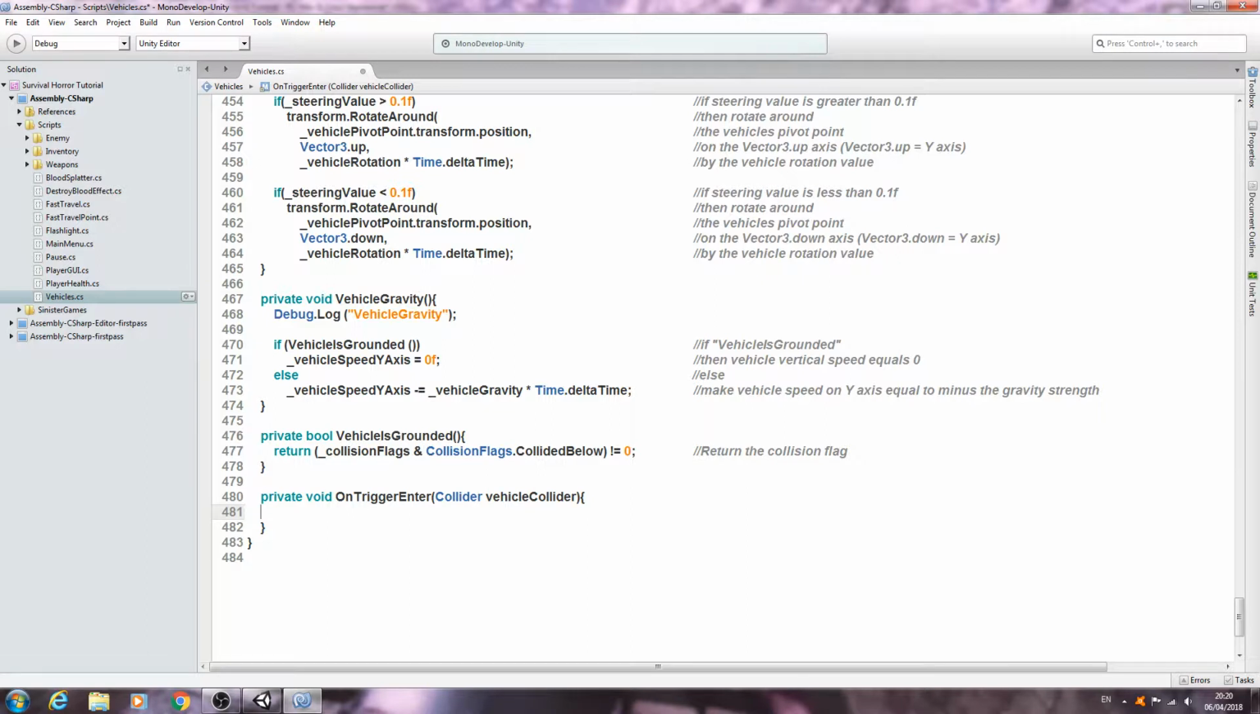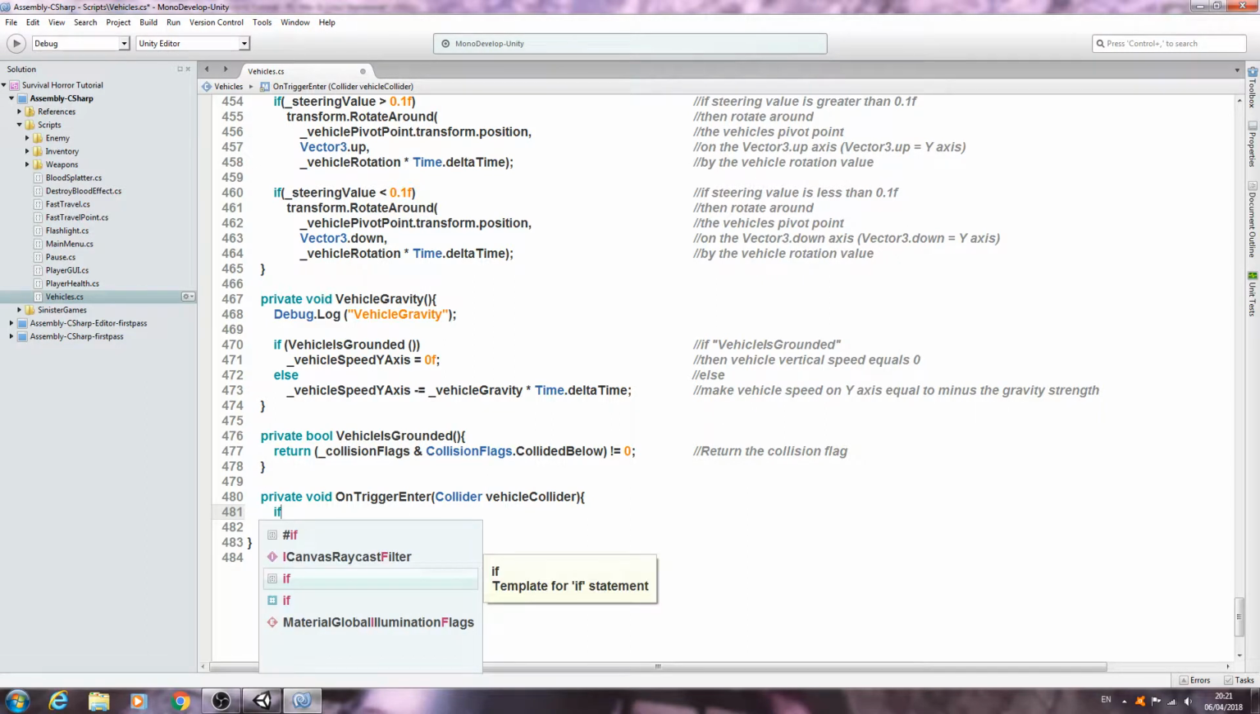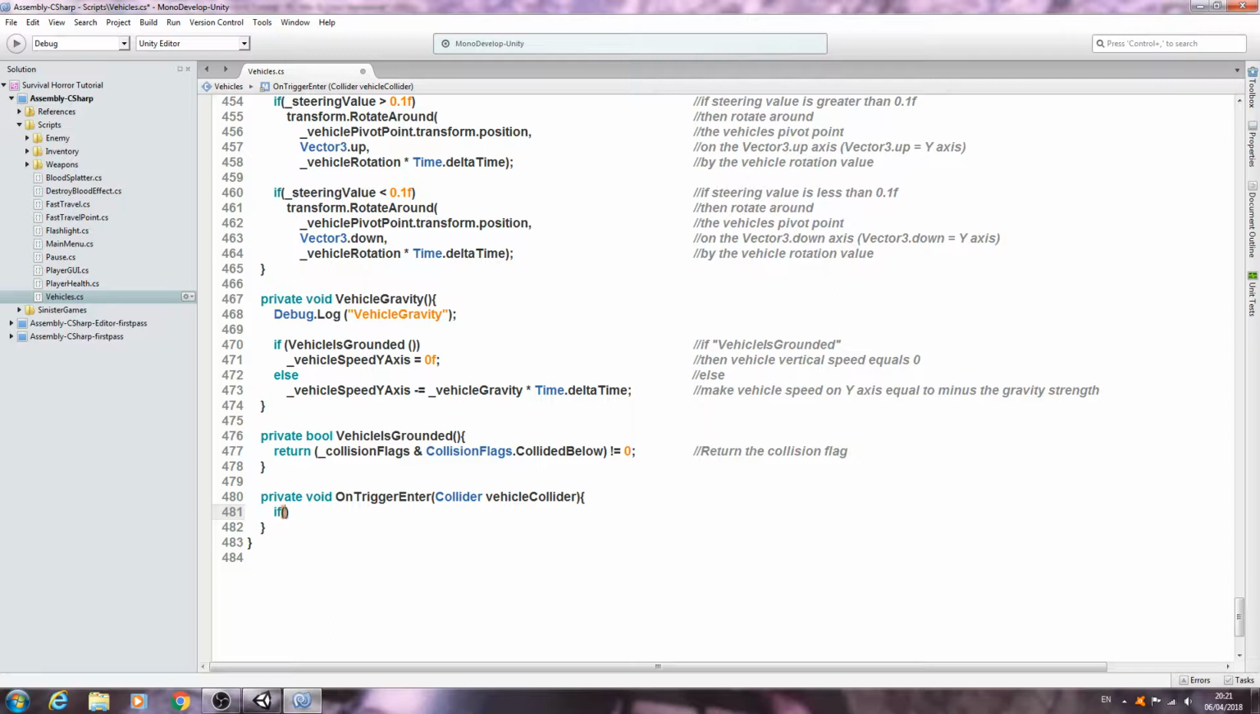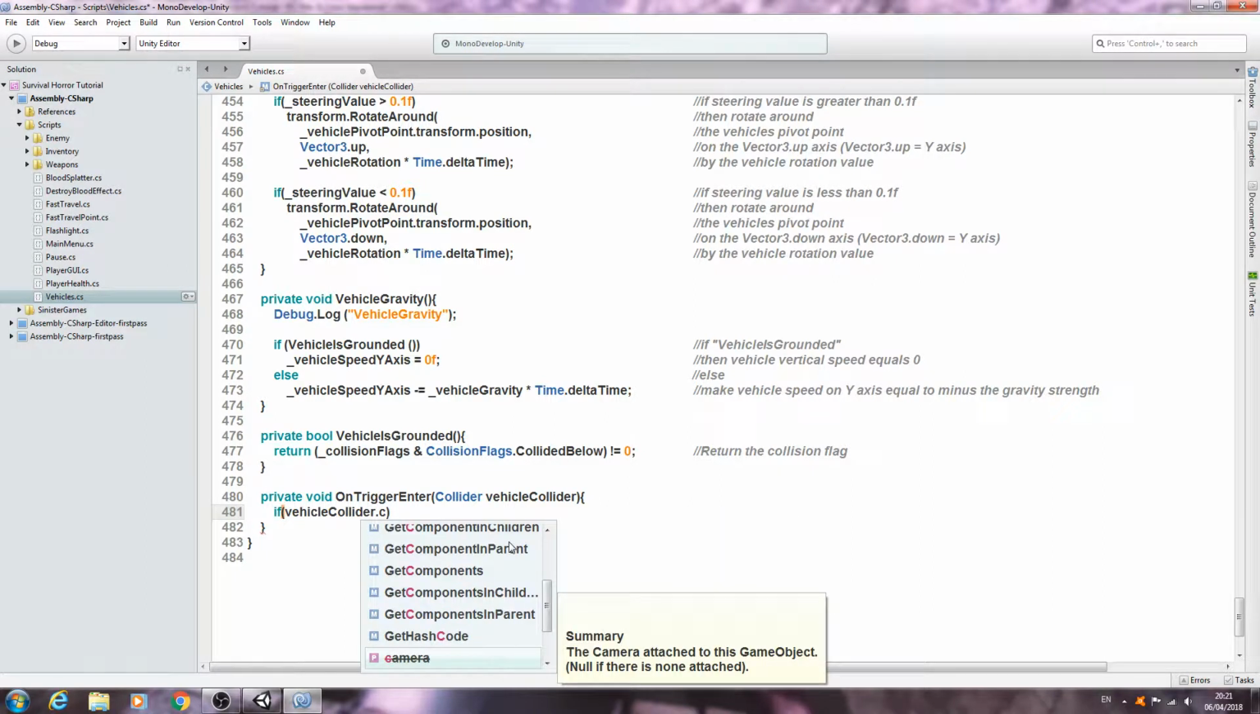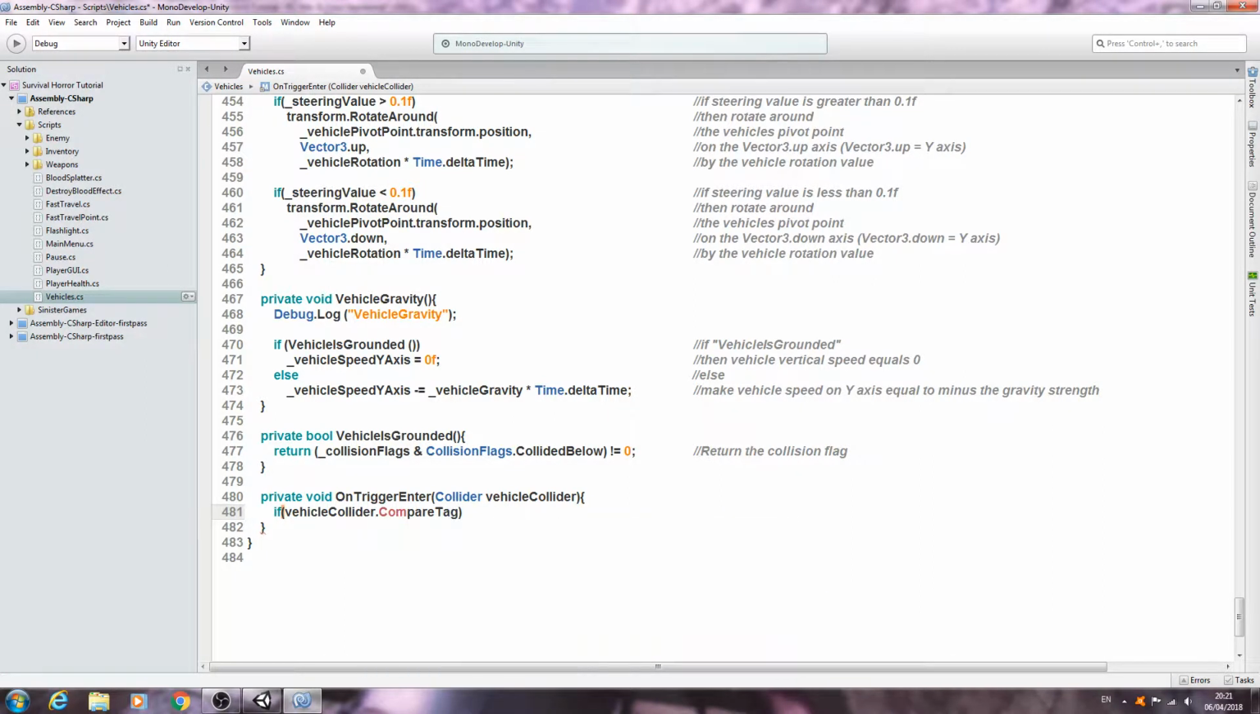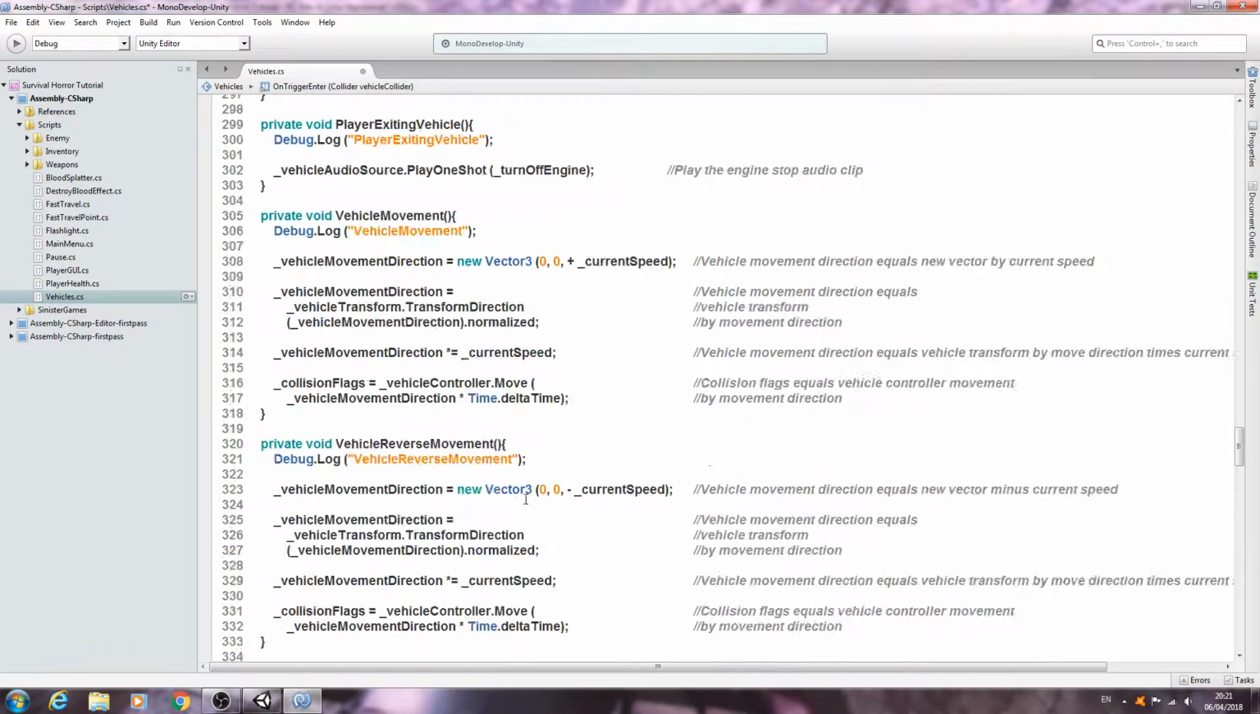And let's come inside here now. And we're going to say if, open and close brackets, inside this bracket, we're going to say vehicle collider dot compare tag, open and close brackets, and the player is what we are looking for. So we're looking for the player tag. Into the comments, we'll say detects if player has entered the collider attached, and if the player has entered that collider,